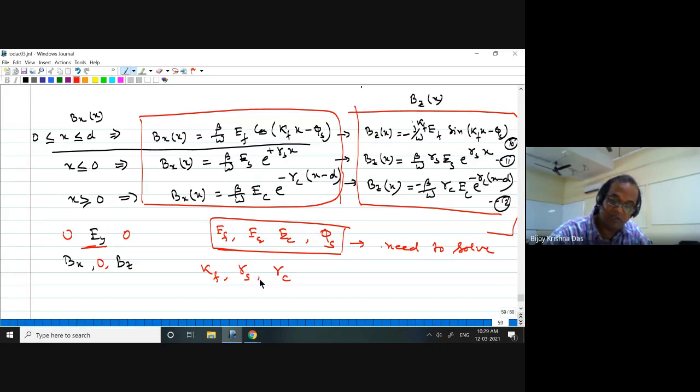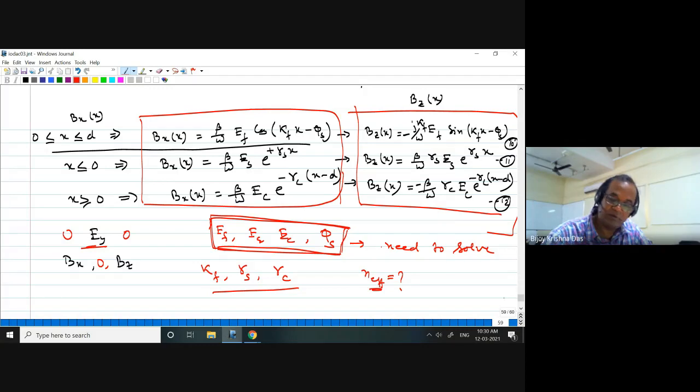They are unknown in the sense that we don't know the effective index, so it has to be solved. Our ultimate goal is to find the effective index as well. If we know it, then these three values are known, and then you need to find these four constants. Then I will know the entire solution for Bx, By, Bz as well as Ey. So how to find that? I will just use the boundary conditions. What is that boundary condition?